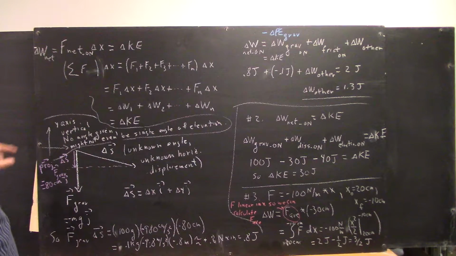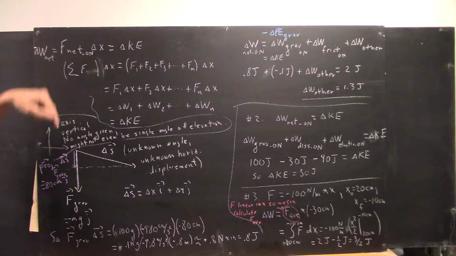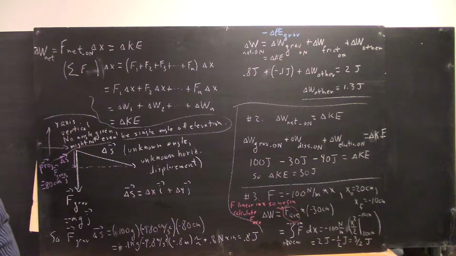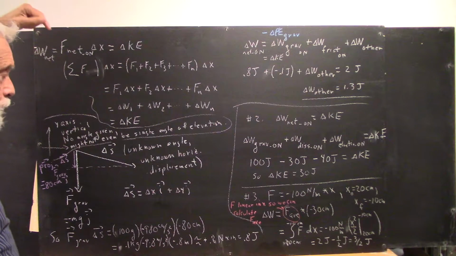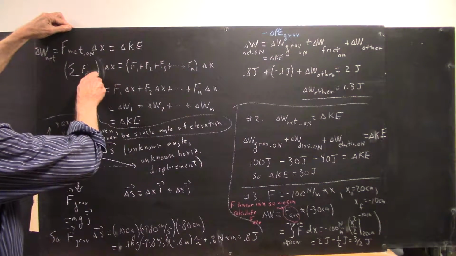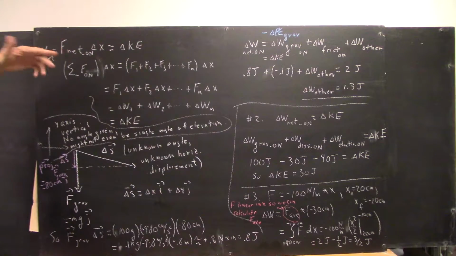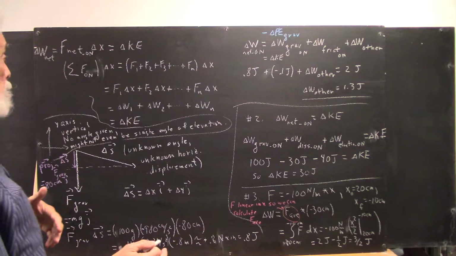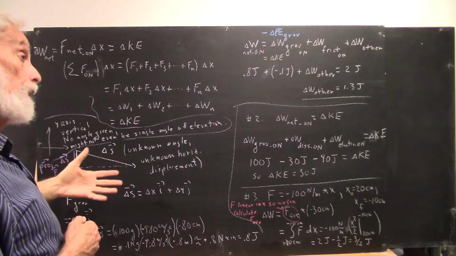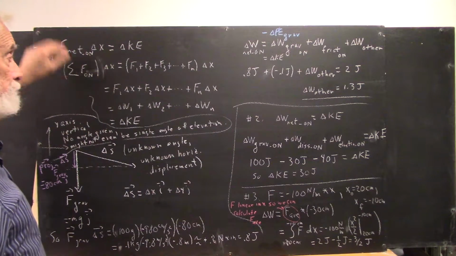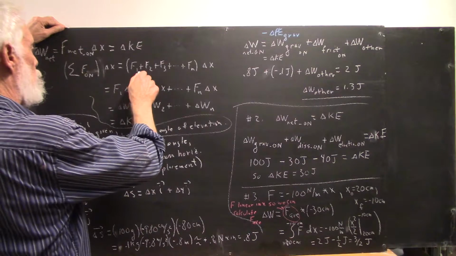Okay, so, the net force acting on the system, and I've got the "on" there to be extra careful, or to encourage you to be extra careful, that when you do this, you're always talking about work done on the system. So you're always talking about the force exerted on the system. In many cases, the system exerts a force that's more obvious to you than the force that's being exerted on the system, and you'll want to use that force in this equation without being careful. Okay, so I could put the subscript on